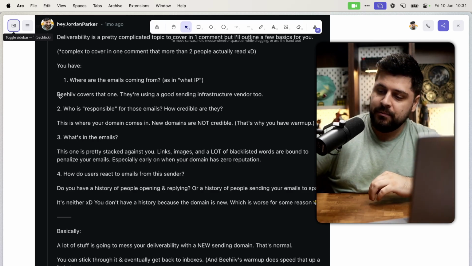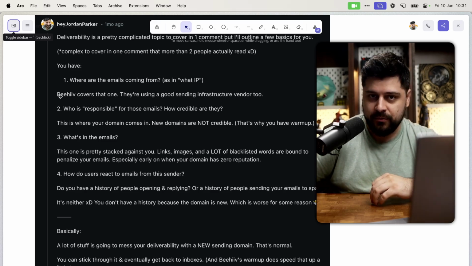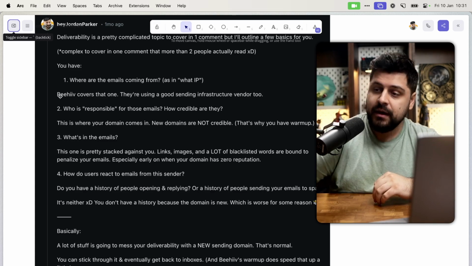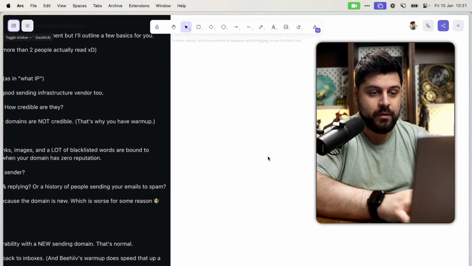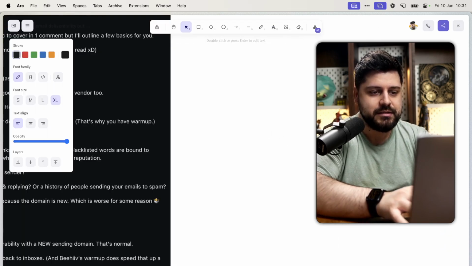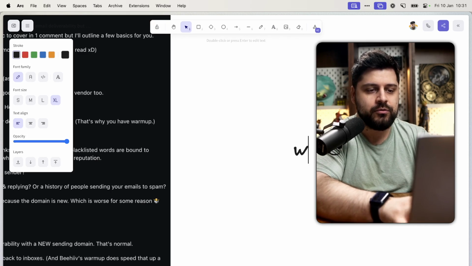This is when Beehive sends the emails from their inbox, from their domain as well. So their inbox is on their IP, and they have their domain. A domain is simply a website, what you would think of as a website. Let me do this. And so if we go to google.com/